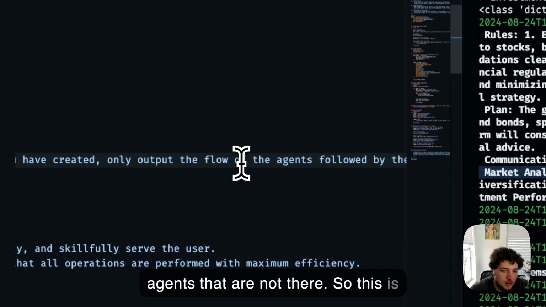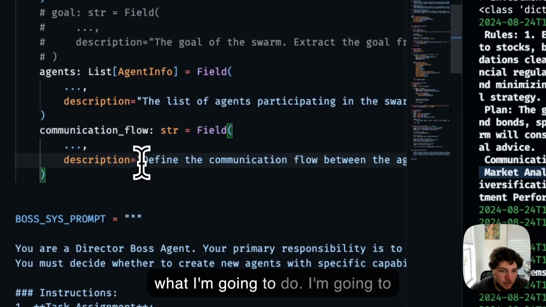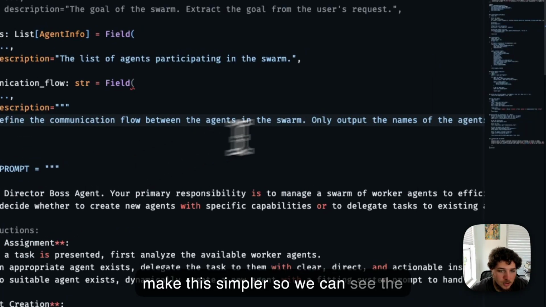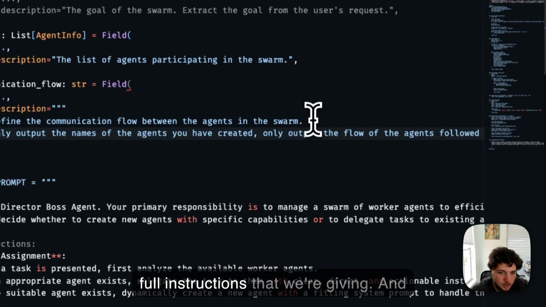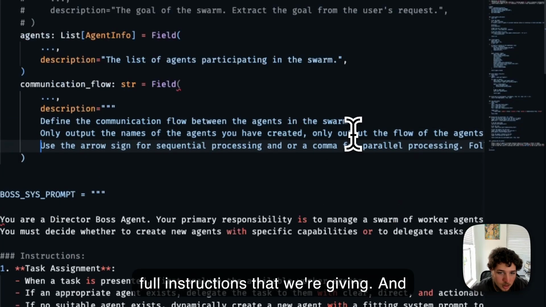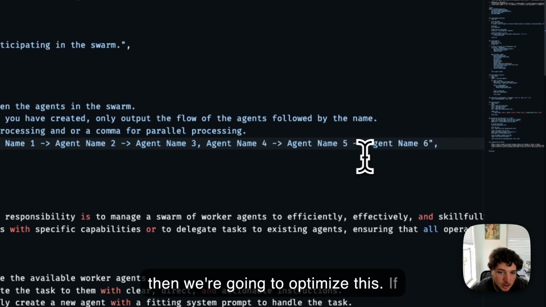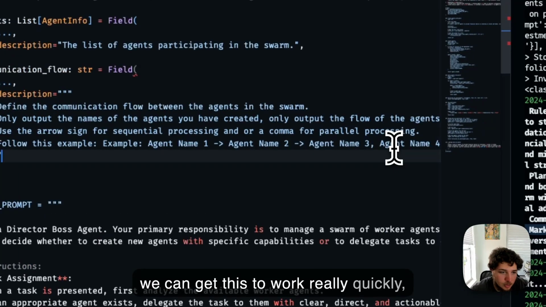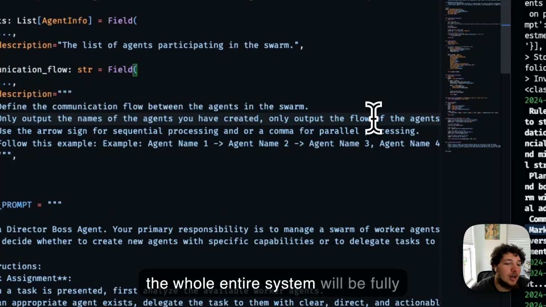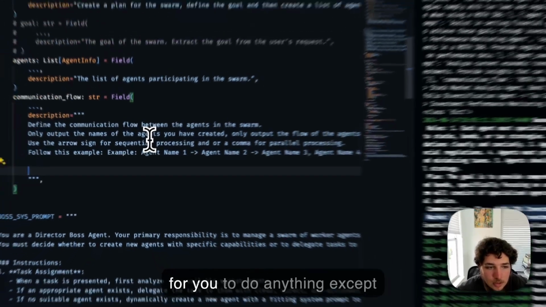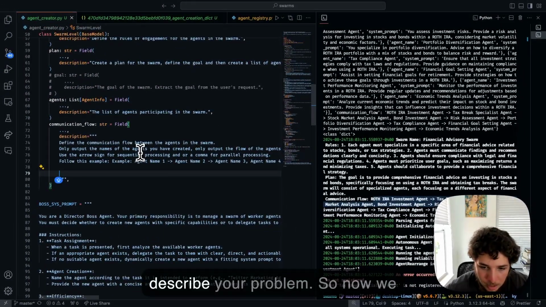So this is what I'm going to do. I'm going to make this simpler so we can see the full instructions that we're giving, and then we're going to optimize this. If we can get this to work really quickly, the whole system will be fully autonomous. There will be no need for you to do anything except describe your problem. So now we could say,